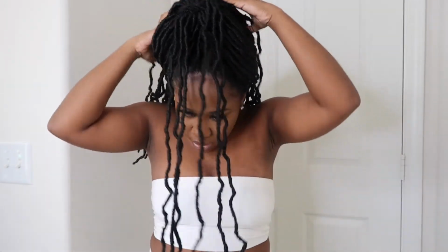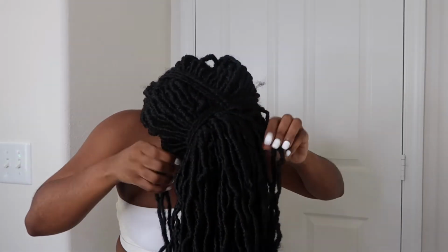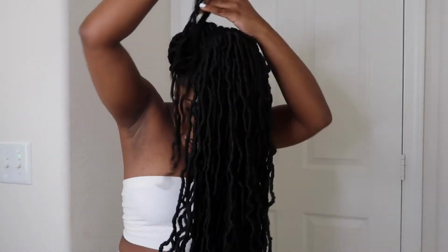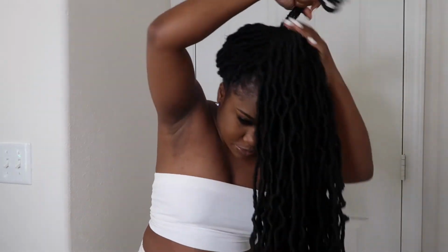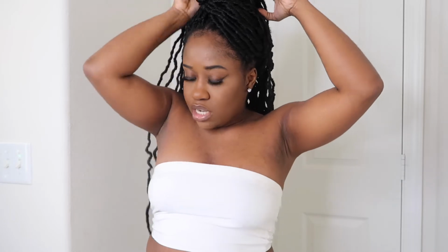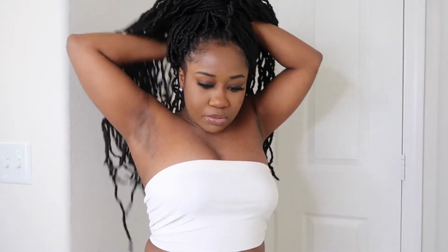and then you're gonna take the ponytail, tighten it, take some of the hair, bring it around to tighten it so that it's more uniform. Be careful not to pull at your edges or your nape. And then once you get it around, you're just gonna tuck it. Now you can make this ponytail tighter or looser. You can even do a low ponytail, but I want a high one